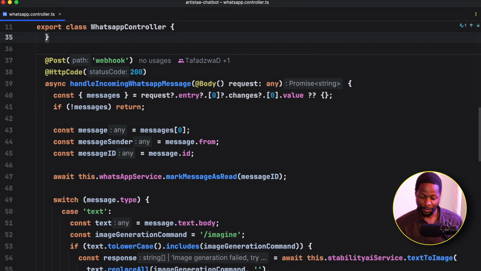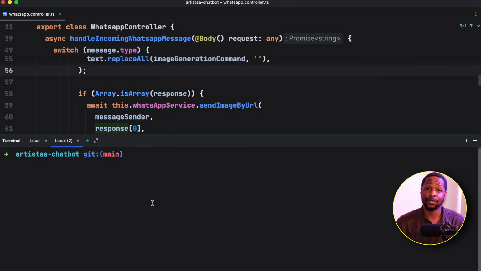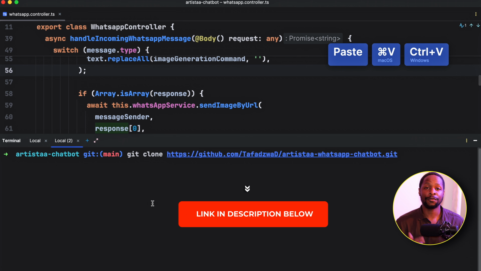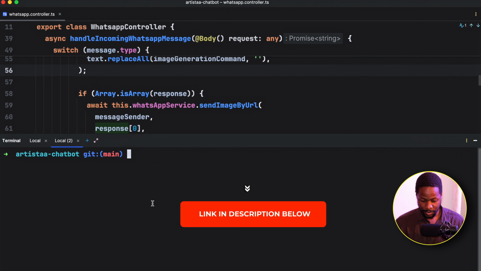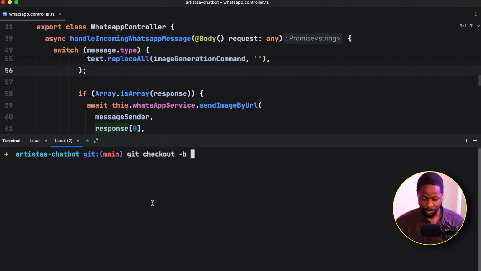I'm going to open my WebStorm. This is the chatbot that we're going to build on top of. And if you're new, you can just do a git clone, then the URL for the repo, which I've included in the description box. Since it's a new feature, I'm going to create a dedicated branch for this feature: typing indicators.